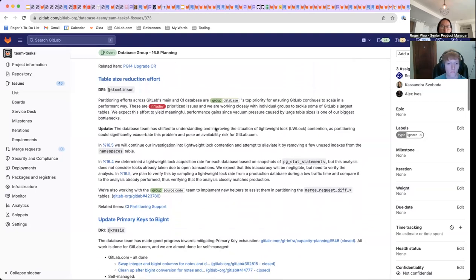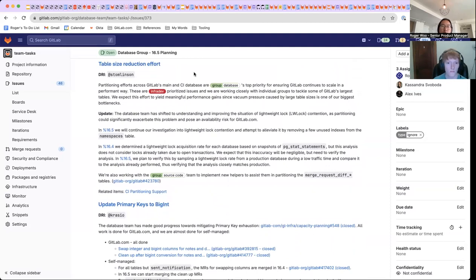Cool. Next up, we have our table size reduction effort. And I know this has been ongoing for quite some time, both in terms of partitioning and some of the lightweight lock contention, as well as mitigating vacuum time pressures. Simon, I know you had just drafted an update for folks. Do you mind just quickly summarizing where you think we are at and what are some of the upcoming puzzles here? Yeah, absolutely. So in 16.4, I analyzed how often we are actually taking lightweight locks across the database replicas